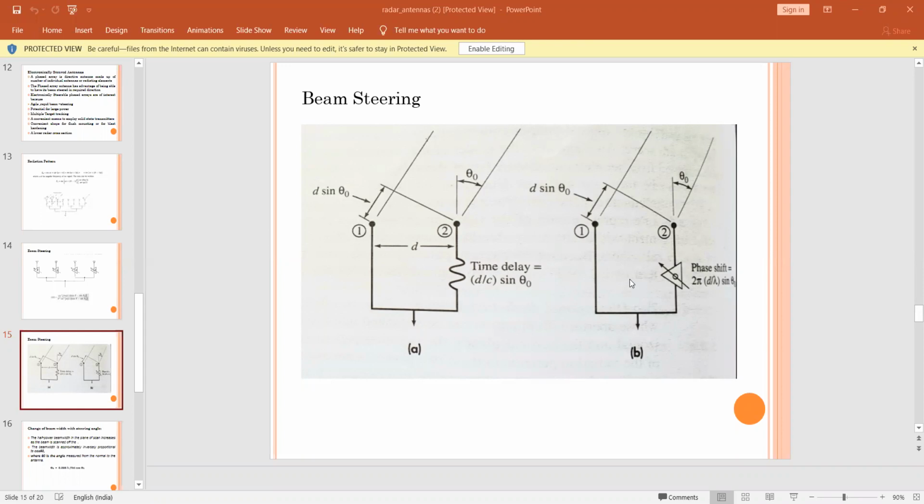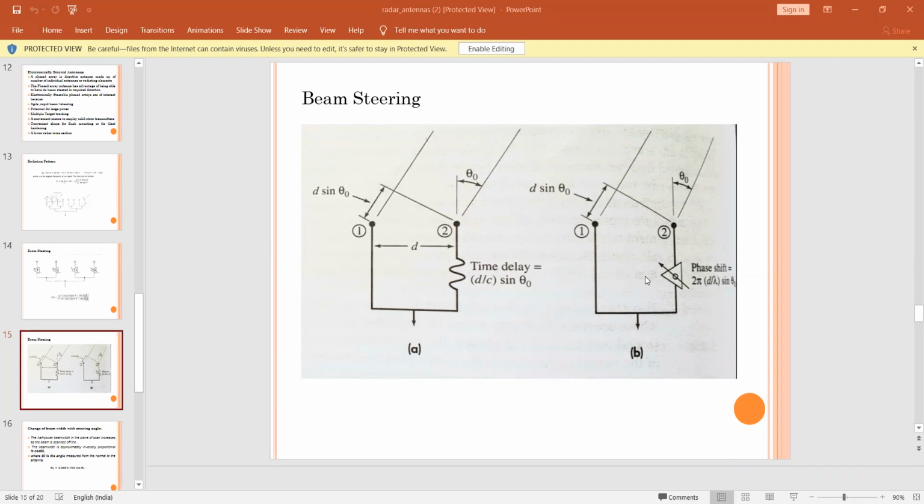In a linear array, the phase shift that needs to be inserted at each element in order to have all the signals with the same phase is m phi, where m is an integer which can vary from 0 to n minus 1. It is the number of the element relative to the reference element. This means that the phase difference between the elements is phi.